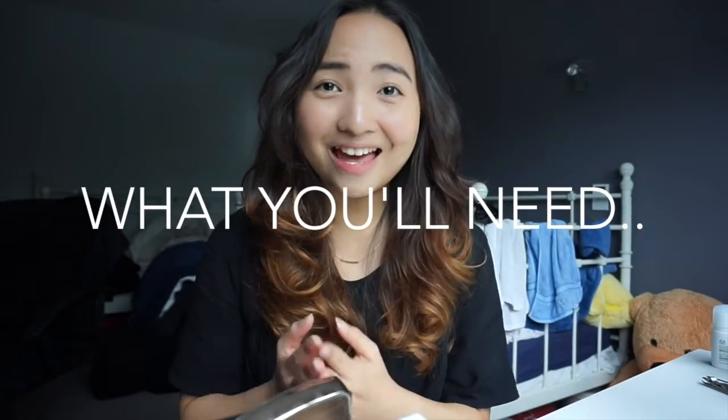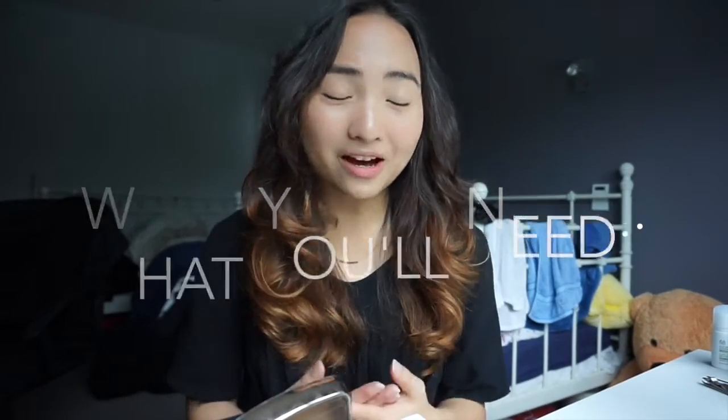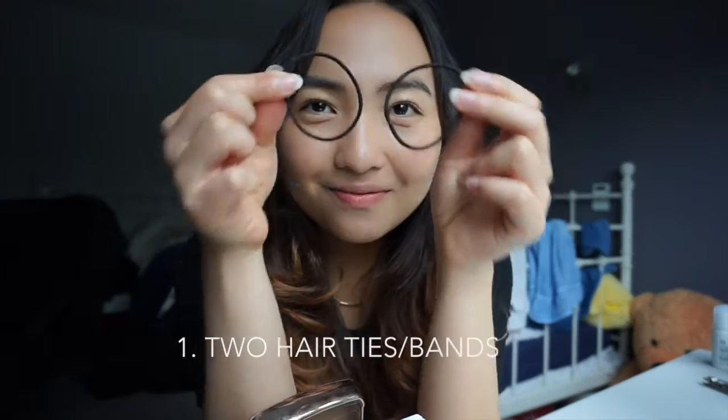So what you'll need to get wavy and curly hair without heat is 2 hair ties, and the second thing that you need is actually sleep, just beauty sleep. And that's about it. So what I usually do is I wash my hair every once in 2 days, so alternate days,